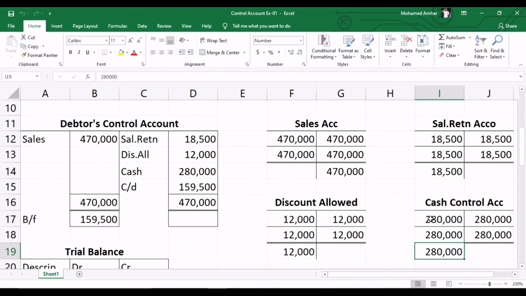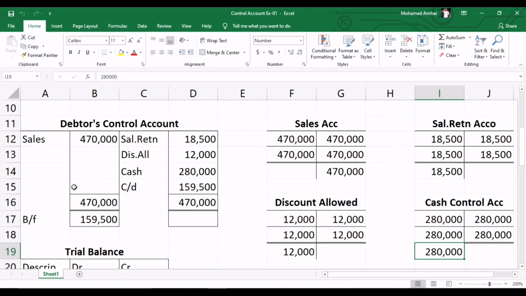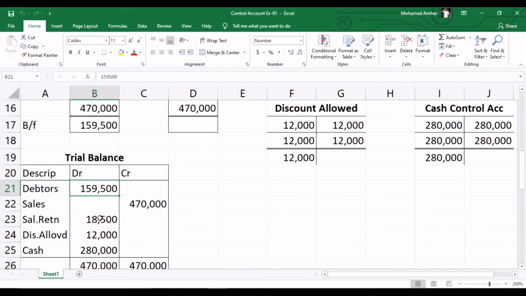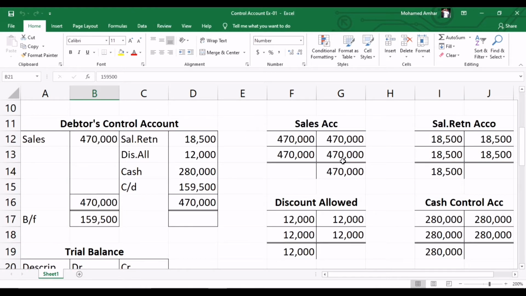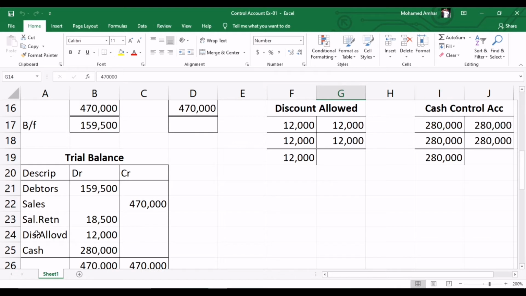Right, now you bring the account balances to the trial balance. The debtors balance is 159,500, so debit to the trial balance, debtors 159,500. And the sales balance brought forward is 470,000, a credit balance, so sales 470,000 in the trial balance